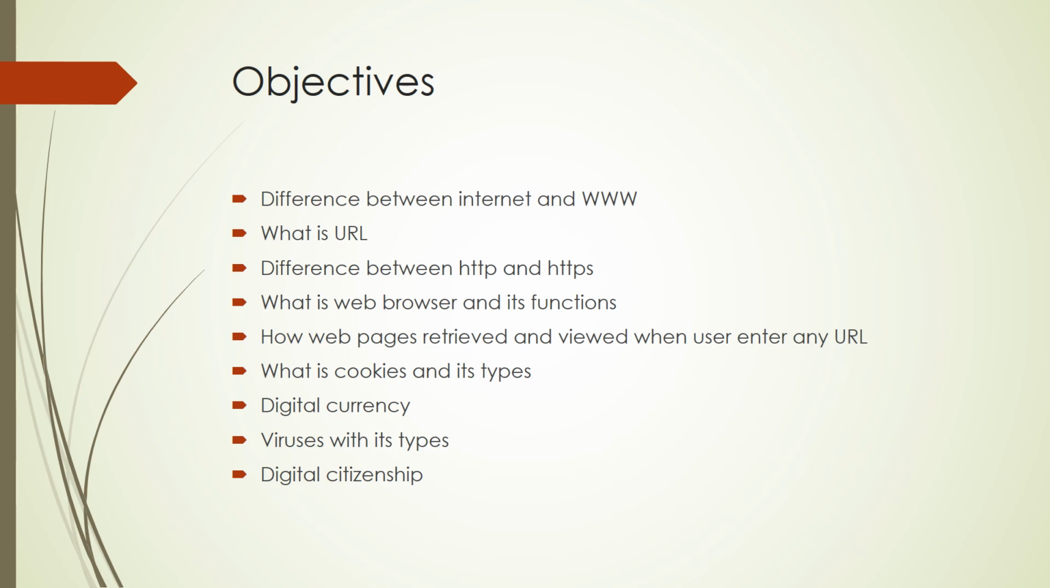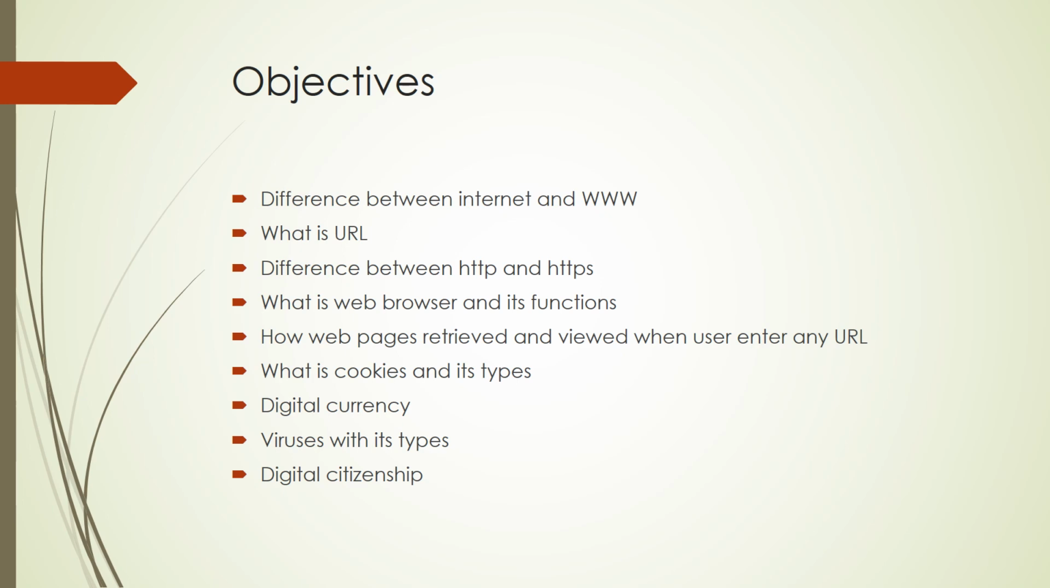In this chapter, we will be learning about the difference between the internet and what is www. Then we will see different functions of the internet, and then we will see what the URL is. Then we will see different protocols and the most commonly used protocols like HTTP and HTTPS. Then we will be learning about some web browsers and their functions, and then we will see what web pages are and how we can retrieve and view web pages when the user enters any URL and even without a URL